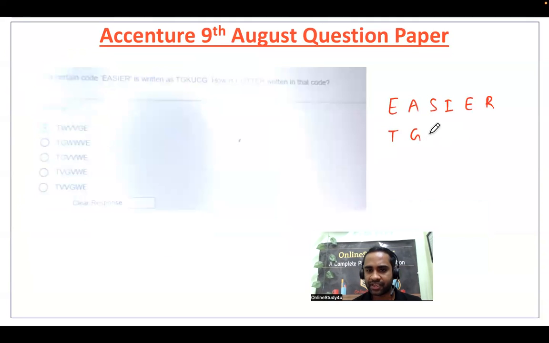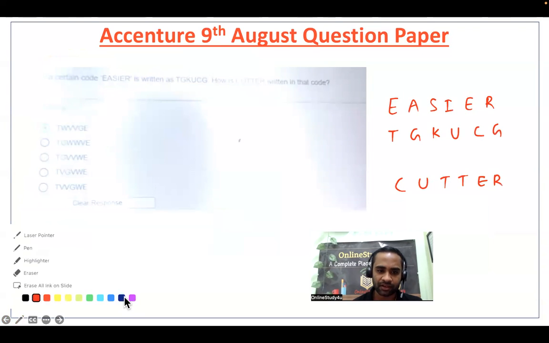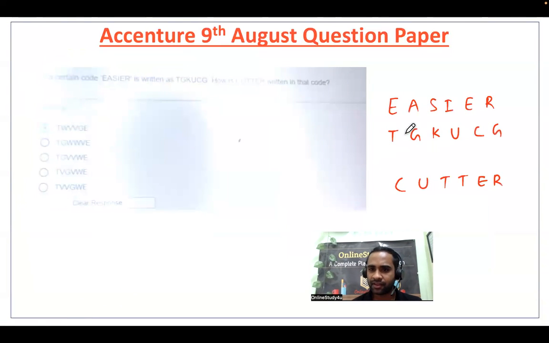T G K U C G. Then CUTTER is coded as... so friends, what we could see here is, if we try to analyze,